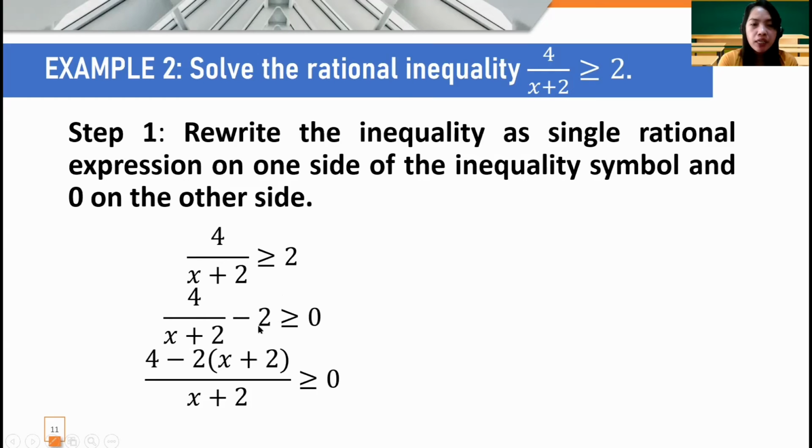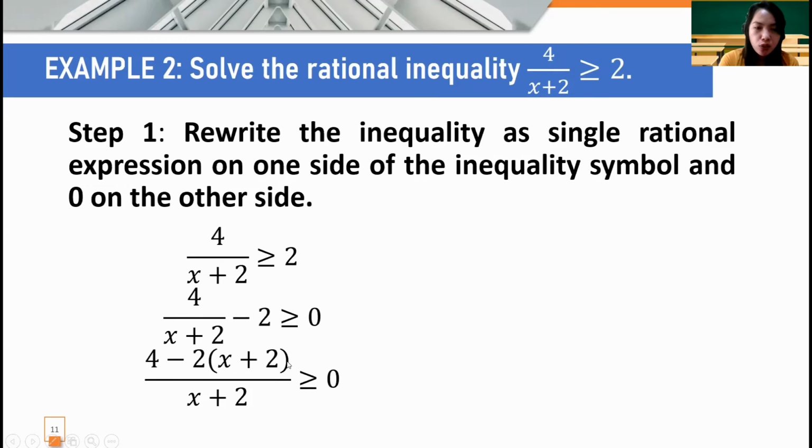Since a whole number naman yung kasama ng first term, that will be x plus 2. Yung sa first term, just copy the numerator kasi x plus 2 naman na yung denominator ng 4. So just copy 4 in the numerator. Minus, that's the sign from here, 2